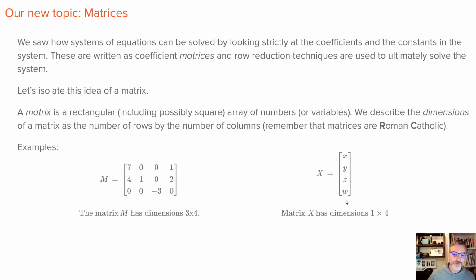Or we might have a matrix that looks like this with variables in it. It's simply this rectangular array with entries. Okay? So what we're going to do is isolate these and talk strictly about them and try to make an algebra around matrices, like how they might add together or multiply together, that type of thing. But the first thing we have to